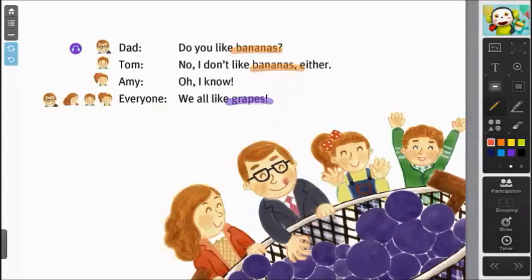We can also teach them that when they're saying something important, we should be looking at the camera. So for example, everyone is excited to know Tom's favorite fruit, so everyone should look at the camera as they say, "We all like grapes." So you want to teach them these acting skills and have them practice one last time as a